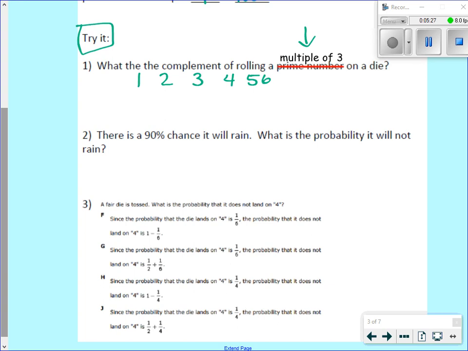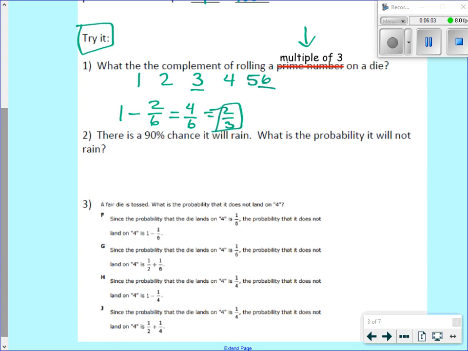And one way you can solve it is subtracting the probability of your multiple of 3 from 1. So multiples of 3 are 3 and 6. So that's 2 out of 6, and we subtract 1 minus 2/6. That gives us 4/6. Again, this fraction can be simplified, and you need to simplify, and that simplifies to 2 thirds. So this is the complement of rolling a multiple of 3, or not rolling a